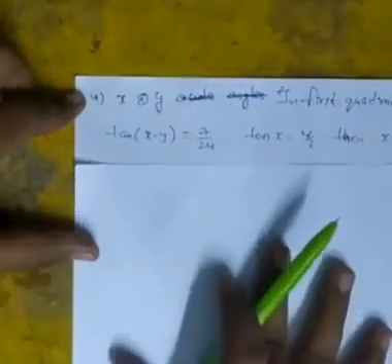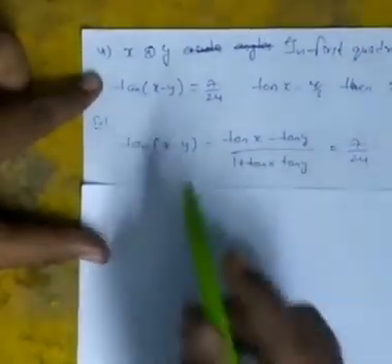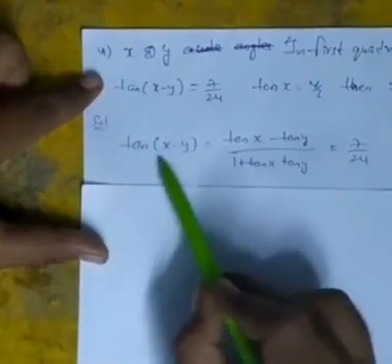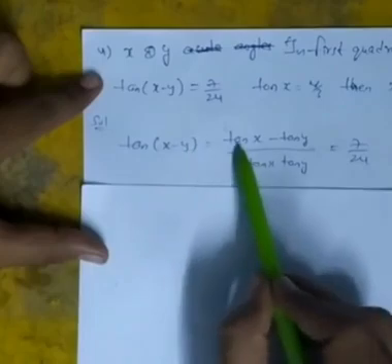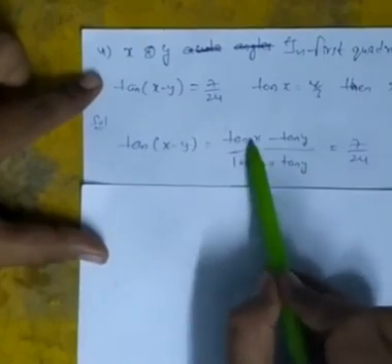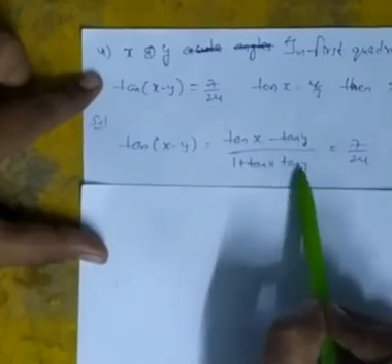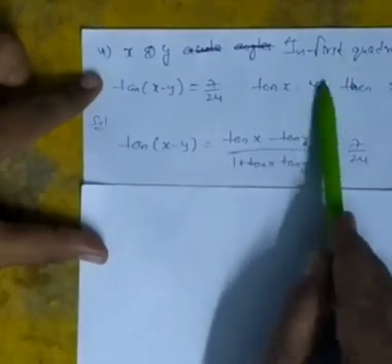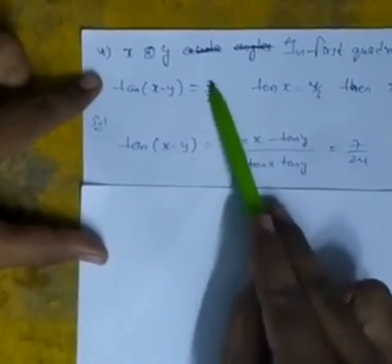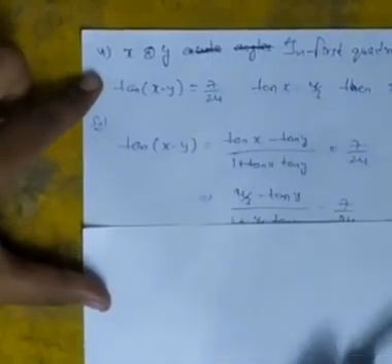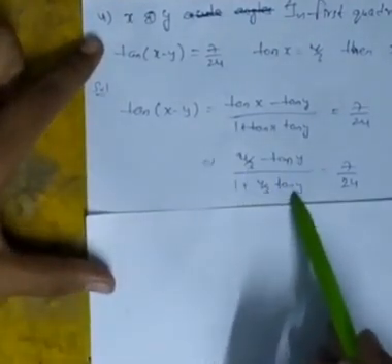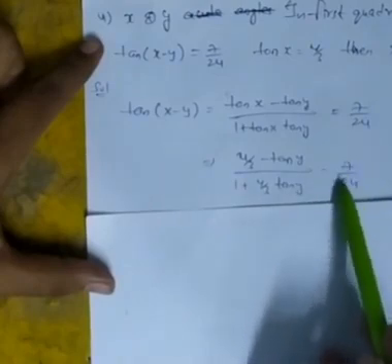For solving this, I am taking tan of x minus y as the tan of a minus b formula. Expanding with that formula, tan of a minus b means tan a minus tan b by 1 plus tan a tan b. So here, with x and y, tan x minus tan y by 1 plus tan x tan y. But we already know that tan x is 4 by 3. Substituting in this, we are not disturbing the right side term, that is 7 by 24. So after substituting, the next step will be 4 by 3 minus tan y by 1 plus 4 by 3 into tan y, equals 7 by 24.